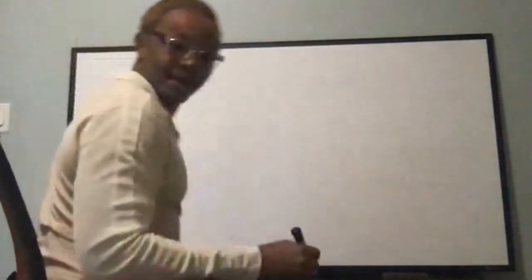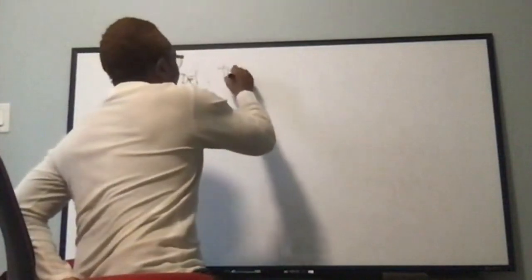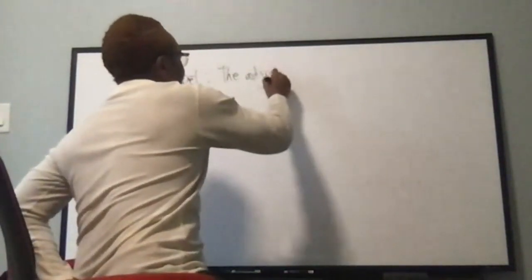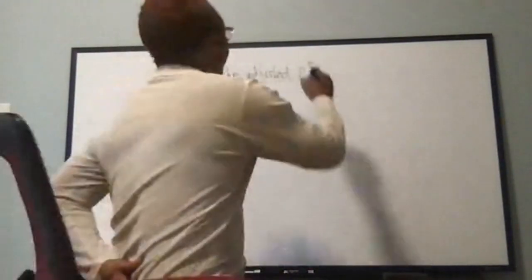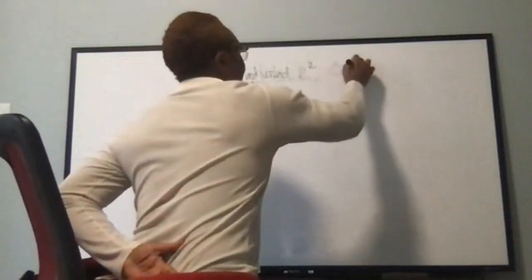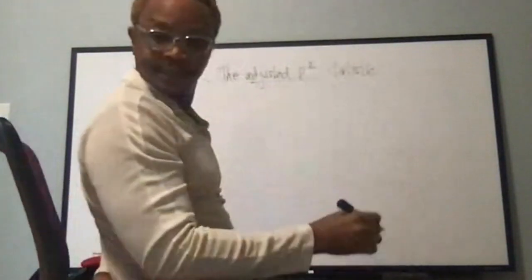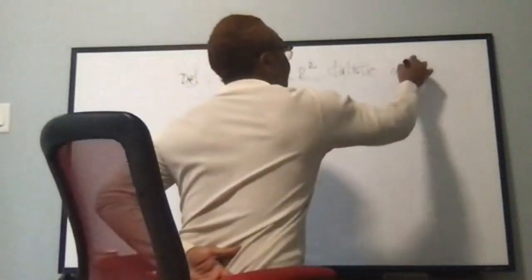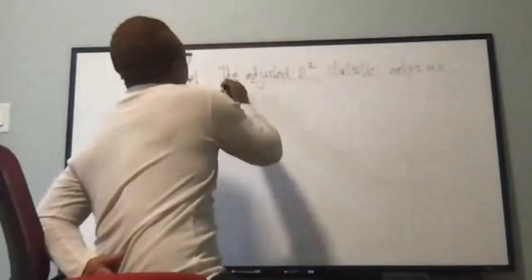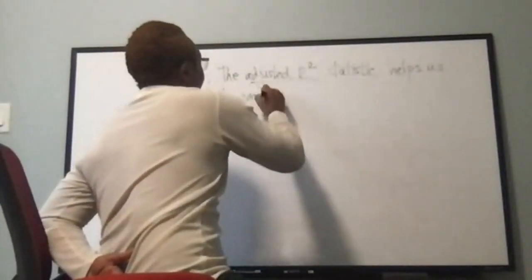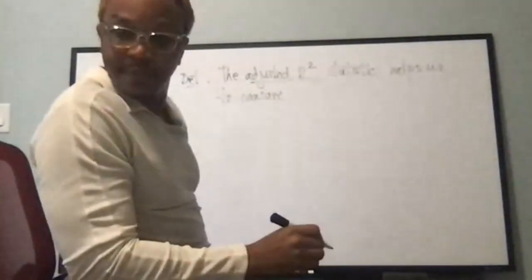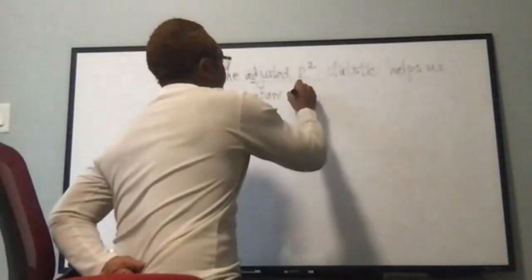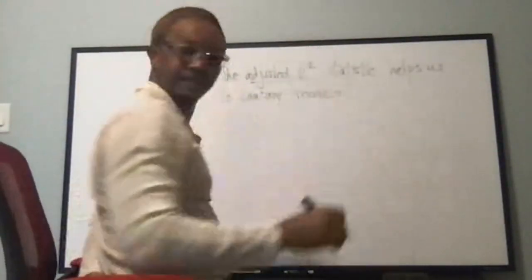So I'm going to say definition. I'm going to say the adjusted R-squared statistic helps us to compare models. You guys can let me know if this marker is a little bit better. The adjusted R-squared statistic helps us to compare models, M-O-D-E-L-S,